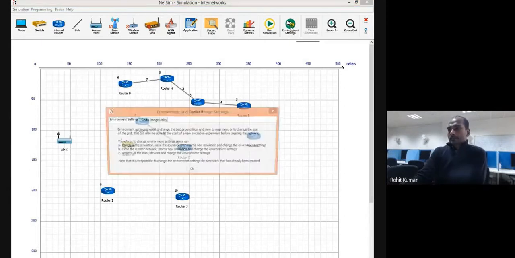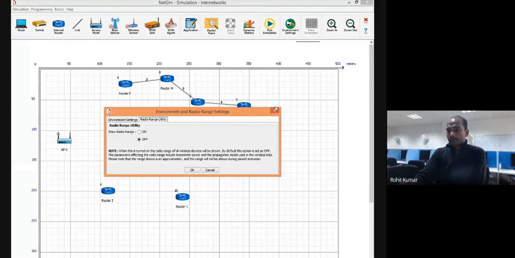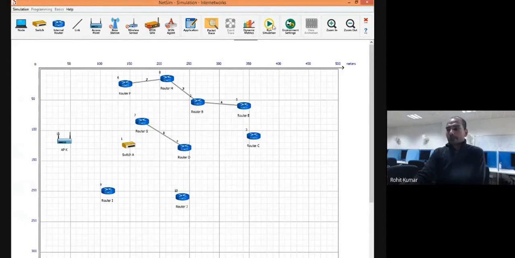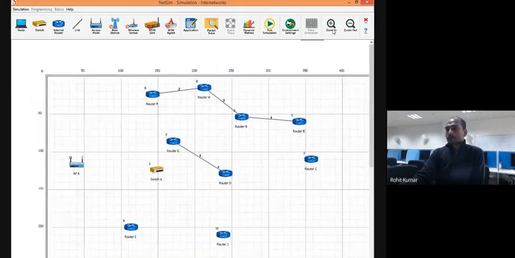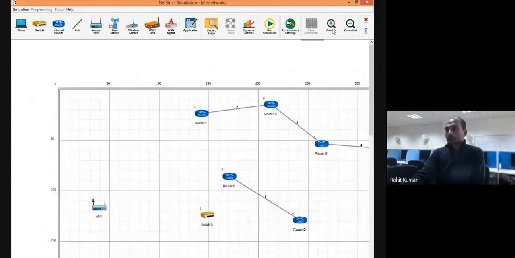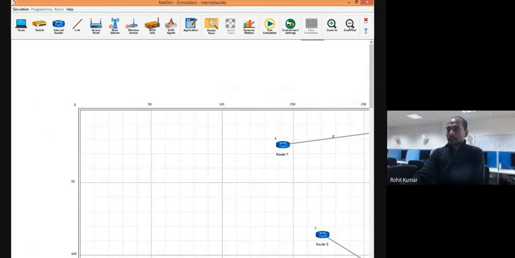Then some network settings are there. You can set your networks. So leave it right now because you can see the radio ranges, etc. on off. We'll start here with a basic demonstration of the first NetSim hardware setup. So it is the zoom in option. If you want to zoom or focus on a particular area in the grid environment, you can zoom in. Similarly, you can zoom out.